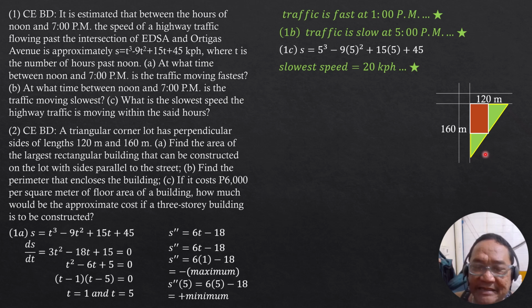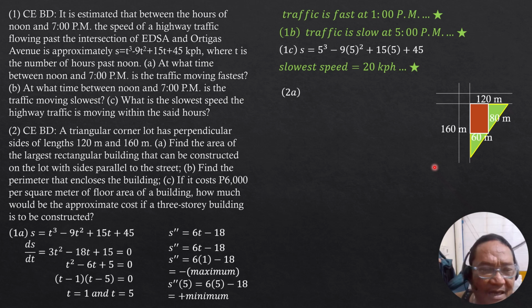So as I said, the shortcut, you just go over the playlist on differential calculus in engineering review materials in mathematics. And the result is the dimensions are correspondingly 1/2 the perpendicular dimensions of the triangle. So for 120, this side would be 60, half of 120. If this is 160, then this is 80, as shown in the figure. So this is 60 meters, half of 120, and this side is 80 meters, half of 160.